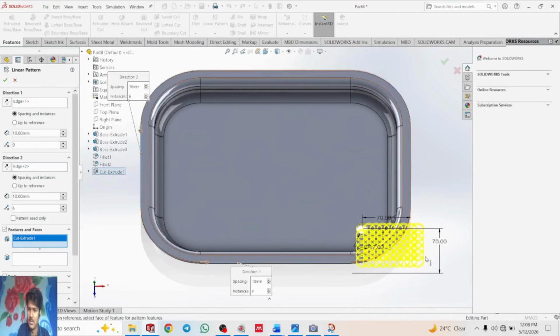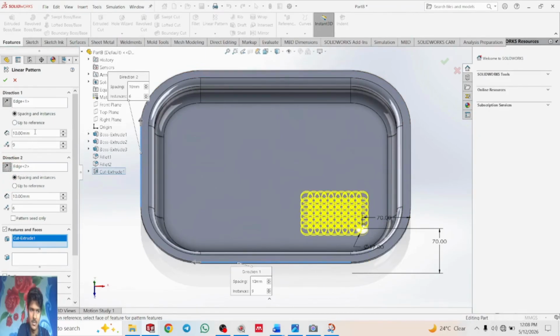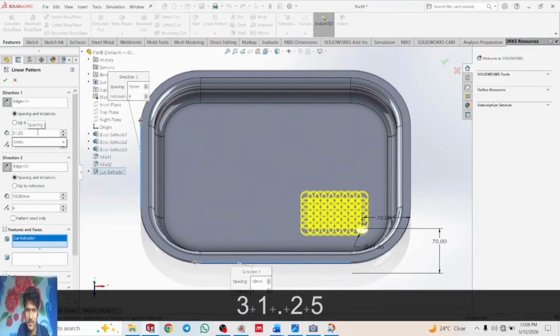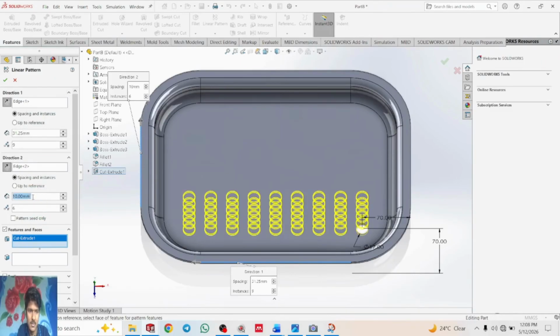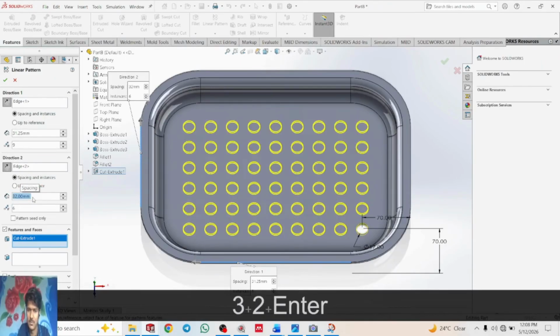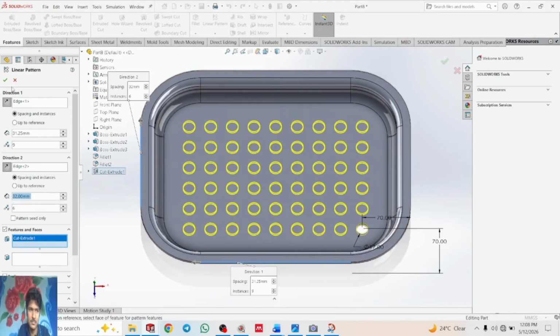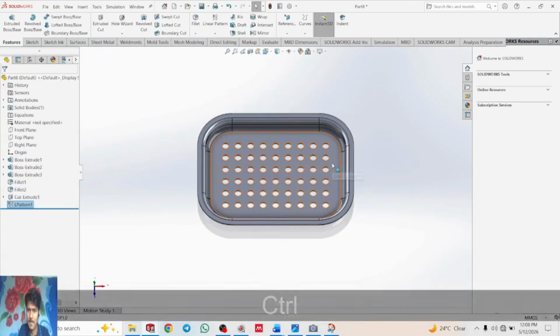Okay, you can see some reverse side, change the direction and keep the distance between each hole. Okay, here in direction 1, the gap from one hole to another hole is 31.25, and in direction 2, 32. Okay, stop. You can see